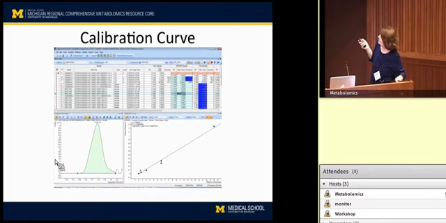Important things about the calibration curve: there's an equation for this curve that's generated, and it has an R value up here. Anybody who knows anything about linear calibration curves knows that R of 0.99 isn't always necessarily perfect, so you're looking for something much better than that. Instead of leaving that to the interpretation of the analyst, the software lets you know what's going on because it actually gives you an